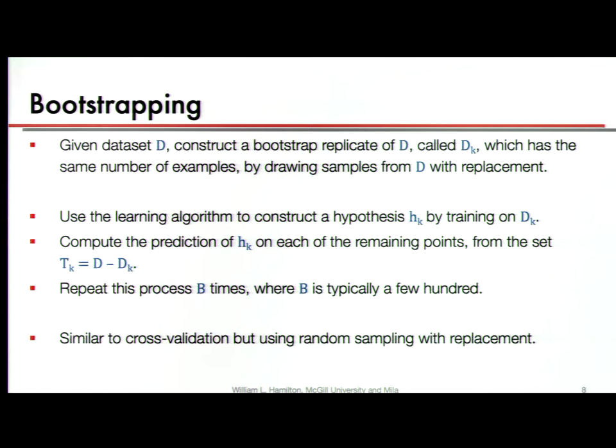Bootstrapping is a statistical idea that actually has a number of applications, but what it's useful for in machine learning is a way to take our training data set, the data set that we're given, and make a whole bunch of replicates of this data set so that we can get good estimates for, say, the error of our model or the variance of our model.